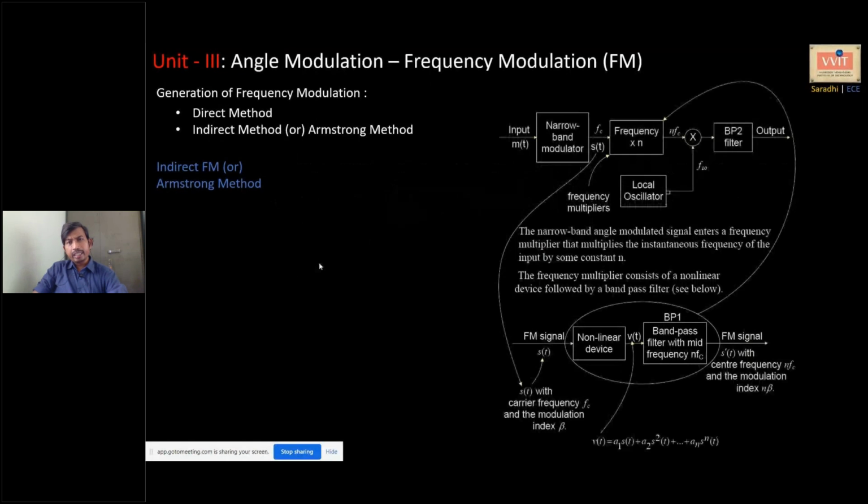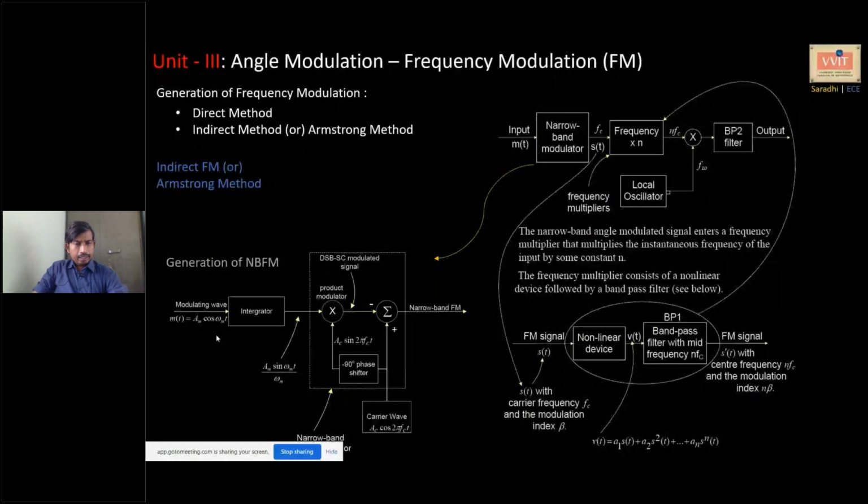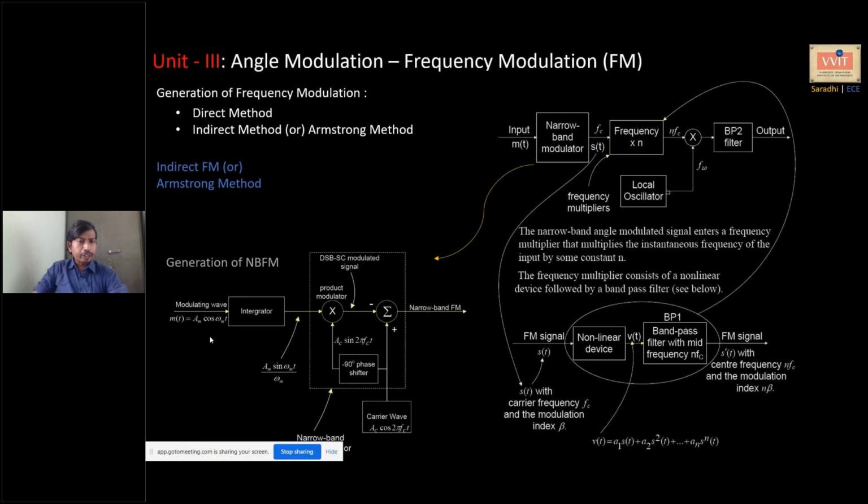First you are generating a narrowband FM signal. The message signal you are giving as one input. This takes one carrier frequency and generates the narrowband FM signal. And how this narrowband FM is generated, let us see. It is nothing but that expression only. Here you look at this, this is a summation, the carrier is directly added, so you are getting the carrier term, right?